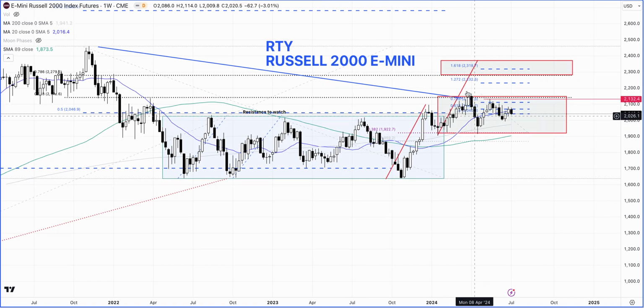Here the Russell 2000 is just stuck in a range. It has been in a range a long time, with really interest rate sensitive stocks. The chances are that if it remains supported by this 38.2% retracement, it could also do an ABCD, go right at the top of the range, 78.6% retracement, ABCD 1.618, between 2280 and 2320. That is maybe a level the market may want to attempt.